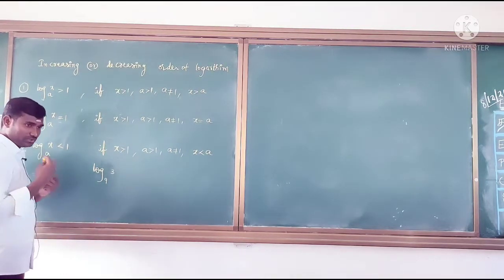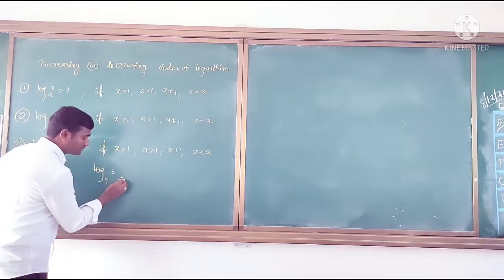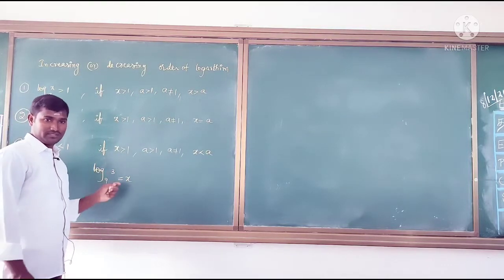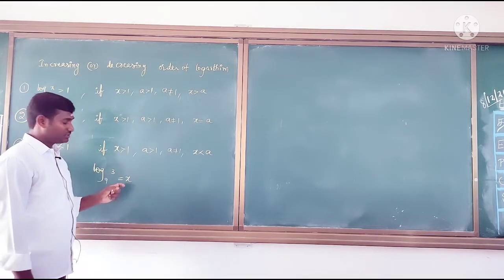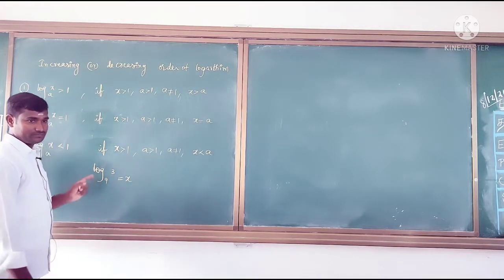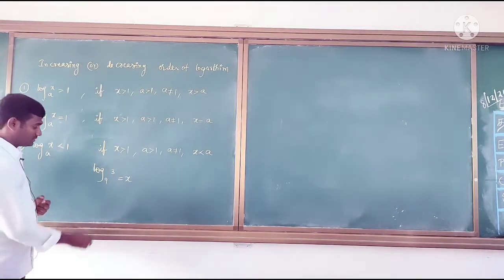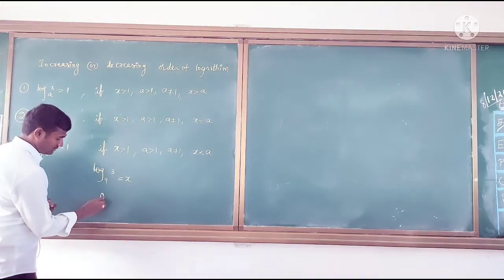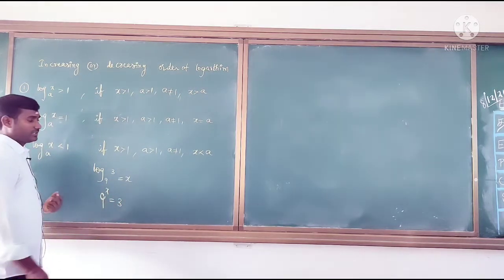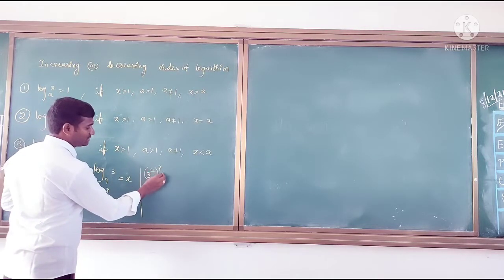Okay, so if you don't know that, you can make it equal to x. This is one exponential number now. So how can you write this logarithmic form in the exponential form? 9 power x is equal to 3. 9 power x equal to 3 means we can write 3 square whole power x is equal to 3.